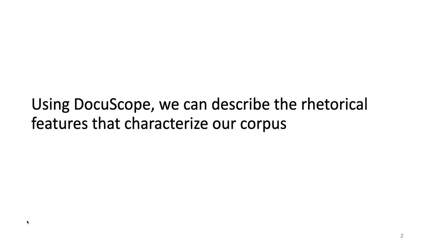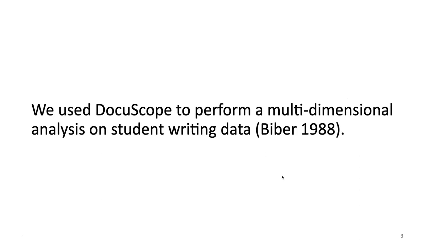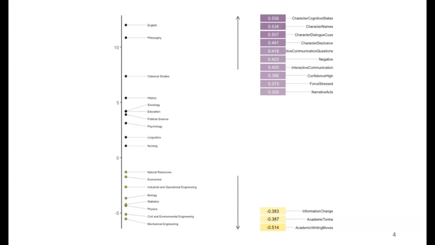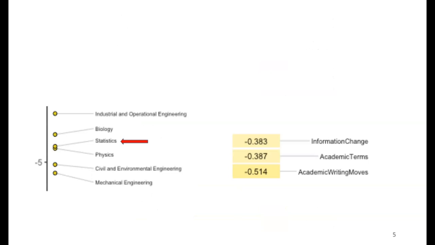workplace contexts. So we used DocuScope to tag our student writing data, and with the DocuScope output, we combined our statistics corpus with the writing from MICUSP, or the Michigan Corpus of Upper-Level Student Papers, and performed a multidimensional analysis. So using DocuScope categories, we can describe the variation in the disciplinary register of our statistics corpus alongside the disciplines of MICUSP and plot them along the two dimensions that our analysis returned according to their corresponding scores. And so I'll zoom in a bit so we can read this better.